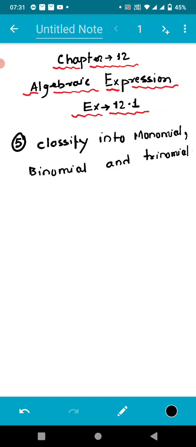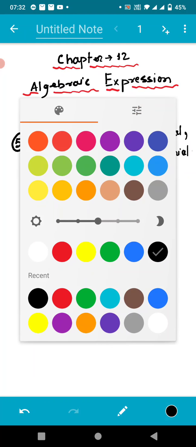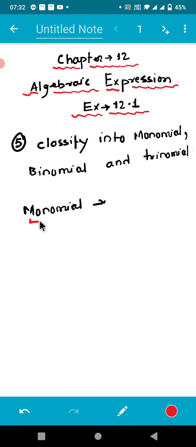Now first of all you all have to understand what is monomial. So let me give you the definition of monomial. Monomial is a combination of two words: mono and mial. Mono means one and mial means terms. One term. So an expression, this is a definition, an expression